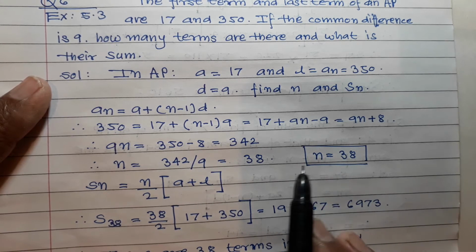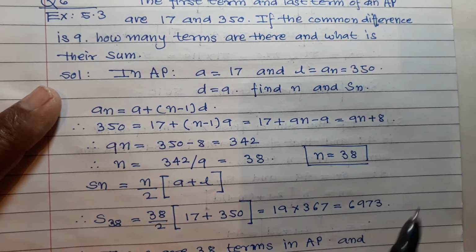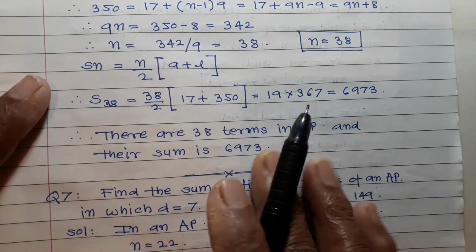So how many terms are there? There are 38 terms. Now to find S_n